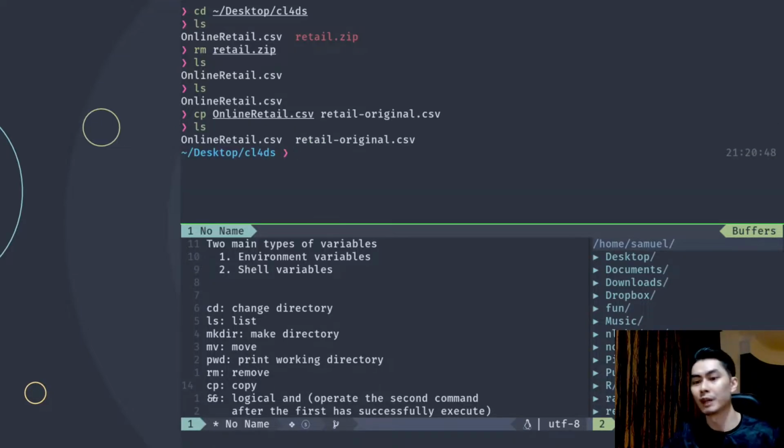Basically just copy one file onto another one, and the new one will have the name retail-original. So now when we perform our operations on online retail, we don't have to worry about accidentally making modifications and then not being able to go back to it unless we download it again. And before we start to actually work on this more seriously, I want to give you a quick